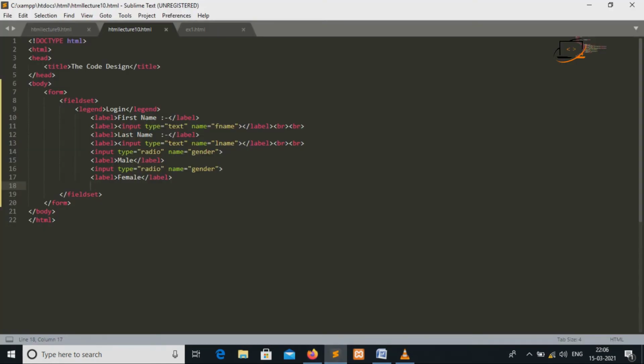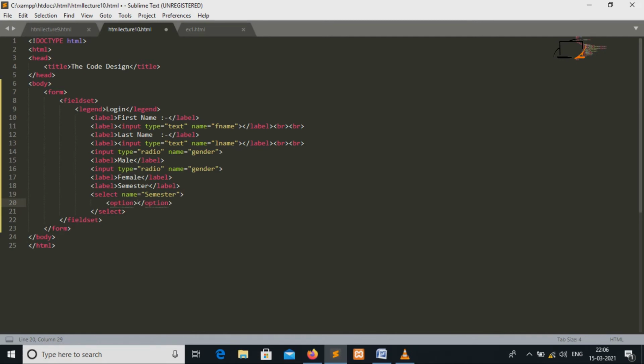Now take another, then I use select for selecting the object. So first of all here I am selecting class, a semester. Then I will take selecting the object, select option, and here name should be semester.